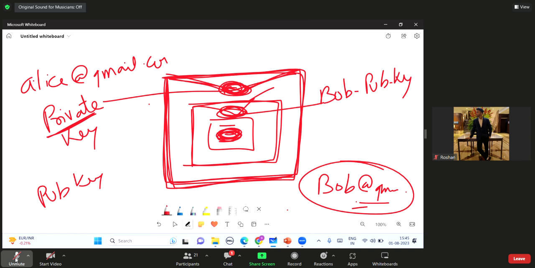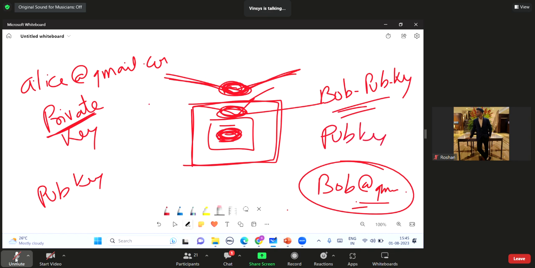Yes, ma'am. Now see, Bob wants to open the outer envelope, so he will use Alice's public key. Using Alice's public key, this envelope will get opened. But what does it prove?